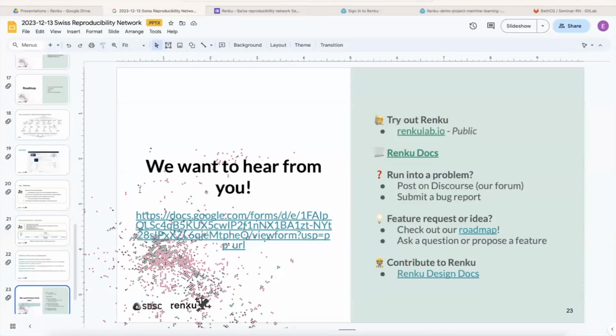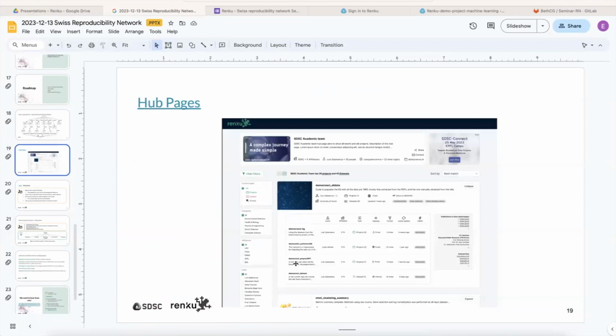There's one more question from the chat. How are the hub pages different from simply using GitHub? You can also use GitHub pages. The idea of the hub pages is a place within Renku, because in GitHub you have only the code. Here you have your projects that can have the data, the compute, and the code. So the hub pages is more for compiling all those projects in a research group or in a team